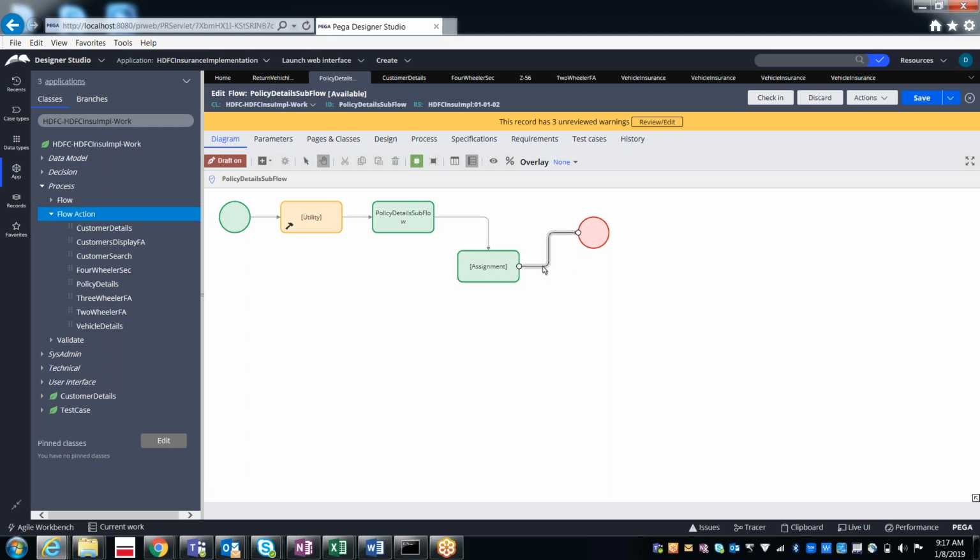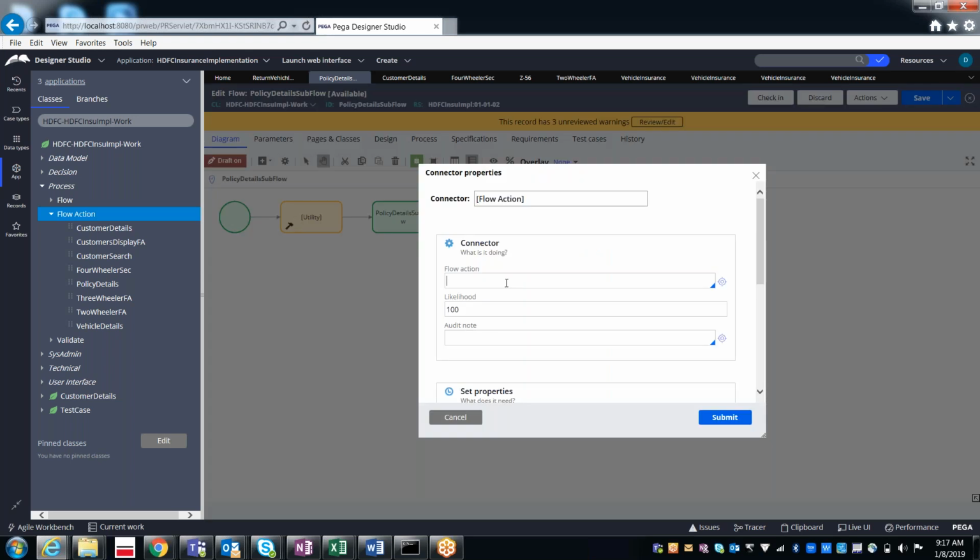This one connector should be referring to the vehicle insurance. Select vehicle insurance, which is the base one. Vehicle insurance 1, 2, 3, total everything we have, but here we will be referring only to vehicle insurance. That's it.